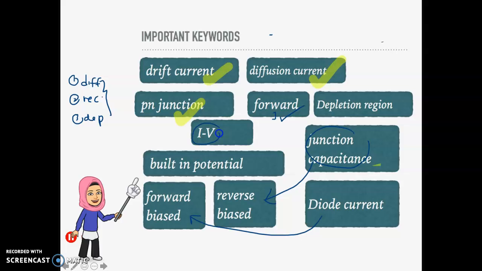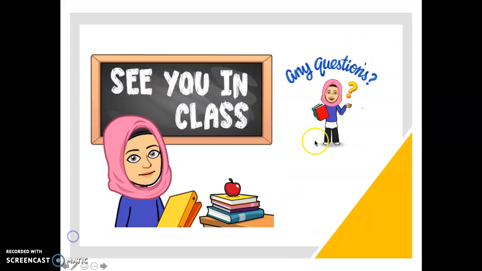What is the IV? Is it linear? No, because you have built-in potential. What is built-in potential? It is the minimum energy required to allow the current to flow, right? To overcome the barrier. What does barrier mean? It is depletion. And what is depletion? Depleted of carriers. Okay, so this is the summary. Please try to understand all the keywords. If you have any questions,